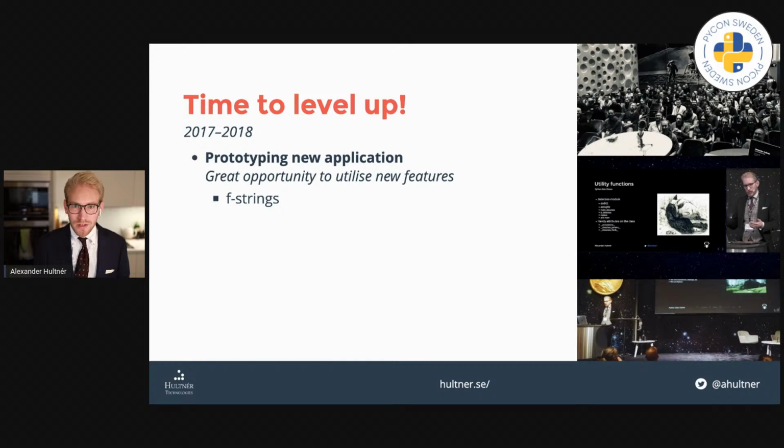And this was one of the great steps. It's not a big thing with F strings, but it really made code more readable and something that I see as an obvious thing in a modern Python code base today. So I was prototyping this new application where I started to utilize many of the features added,